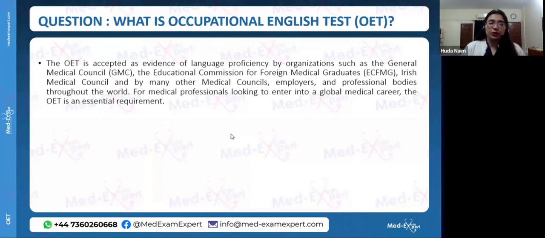They require you to give an English proficiency exam, so that when you get on board with those professional bodies, they want you to have a certain level of English proficiency, and that is what they test with the OET exam. And if you're planning to move to any other country, any European country, or even in the Middle East, they do require you to give an OET exam. That is required if you're a non-native English speaker. They require you to have a certain level of English language understanding and speaking proficiency, and that is what they test by taking the OET exam.